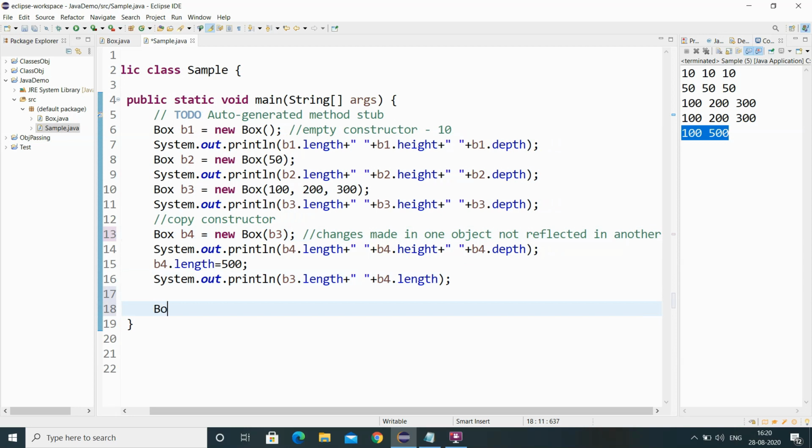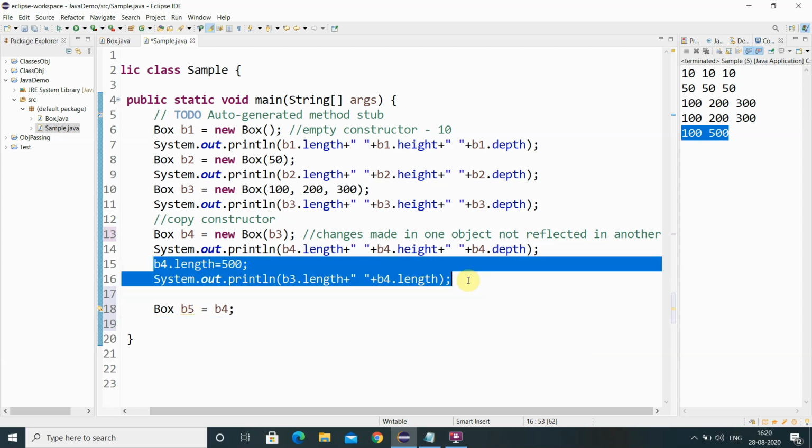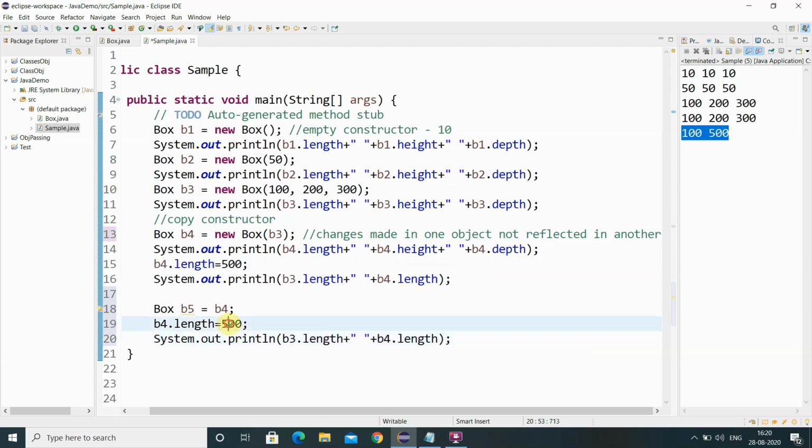So in this case, Box B5 equal to B4. Okay, Box B5 equal to B4. This time what happens if I try to change the value and print it? I want to print the B5 value and B4 value.